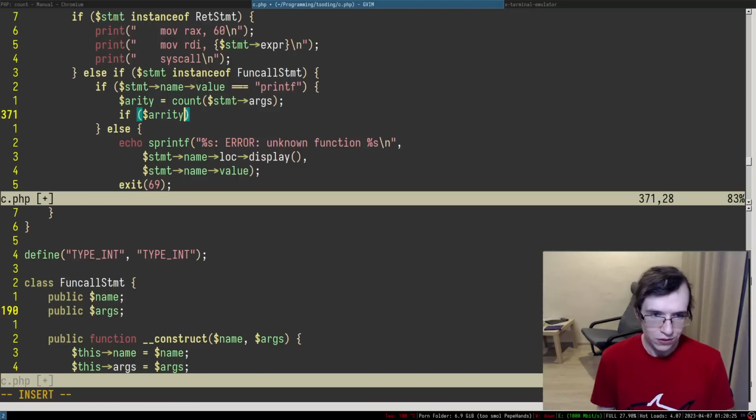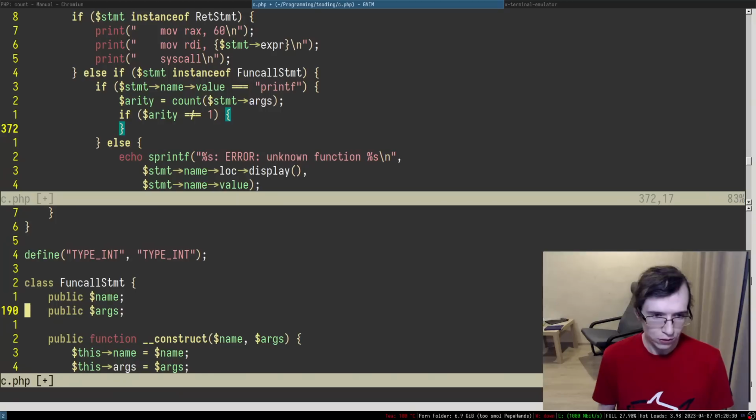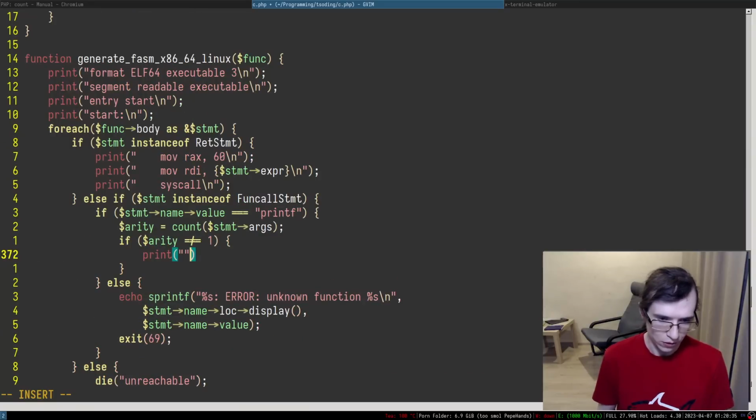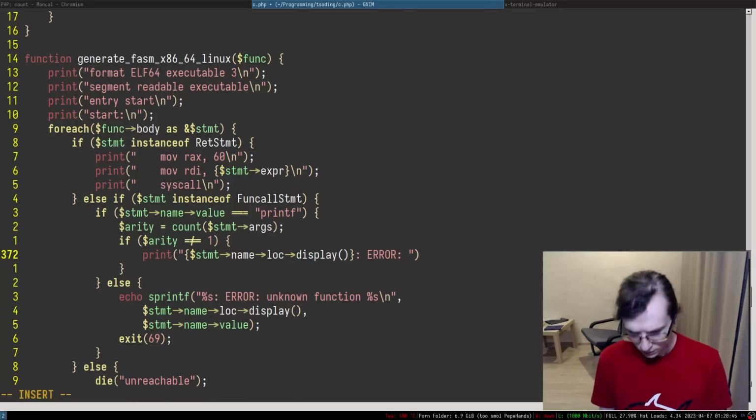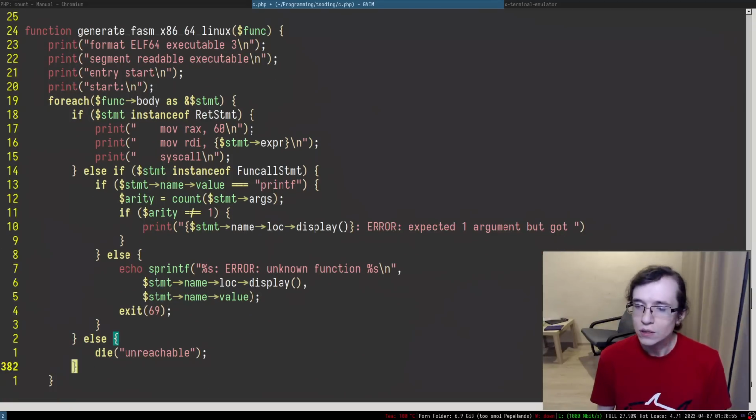And we're gonna expect a very specific arity in here. So if arity is not equal to 1, we're gonna be very loud about that. We're gonna say something along the lines of statement name location display, and this one is gonna be an error: expected one argument, but got arity.